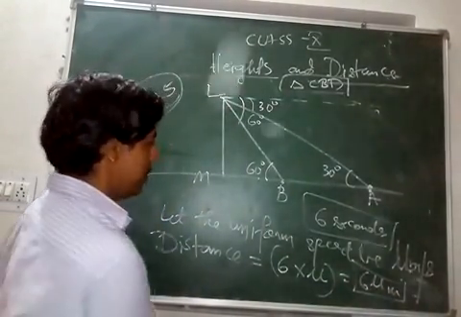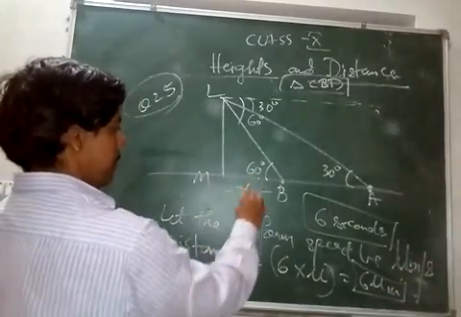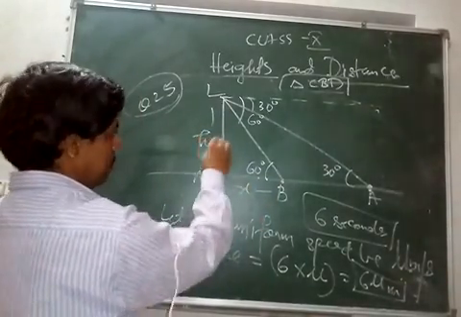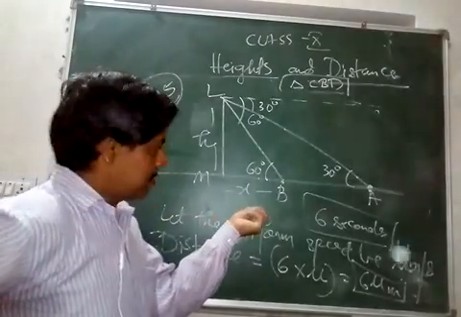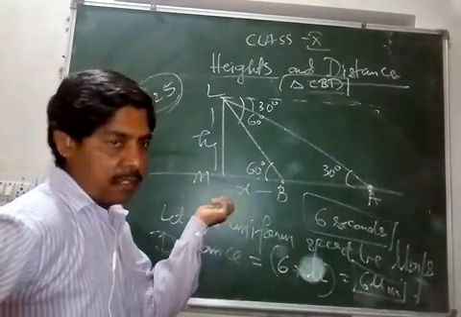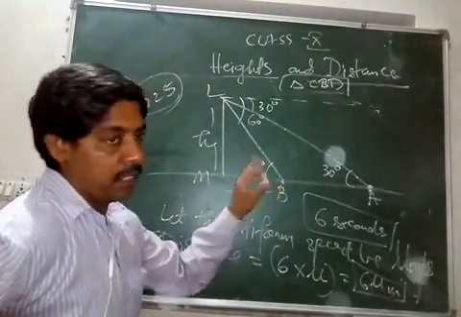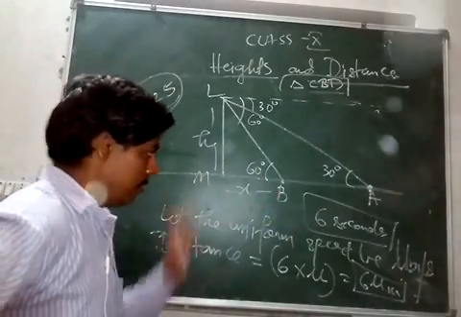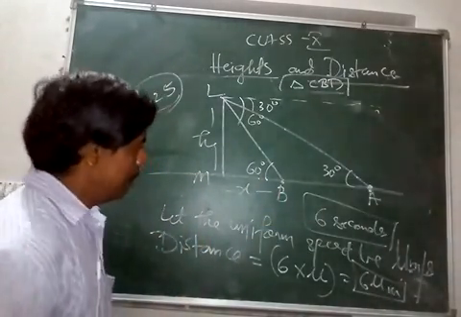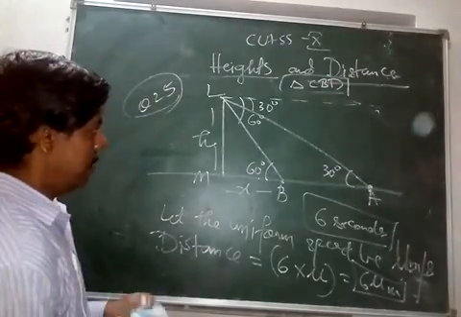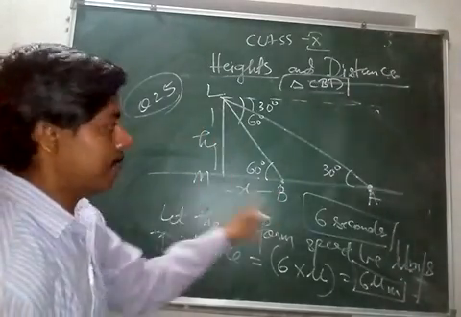Now once you know AB, you can mark MB as x and LM as h. Okay. So now what is being asked? What is the value of x? If you know the value of x, then you can find the time which the car takes from B to M with the same speed u meters per second. So to solve this question, we'll apply trigonometry in triangles LMB and LMA.